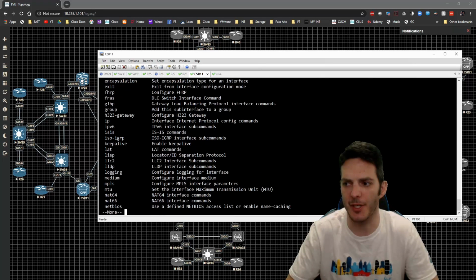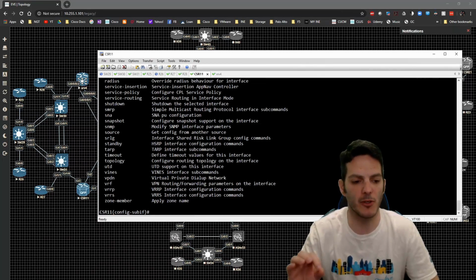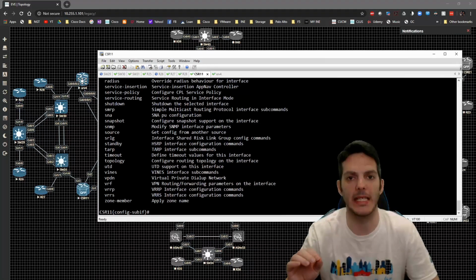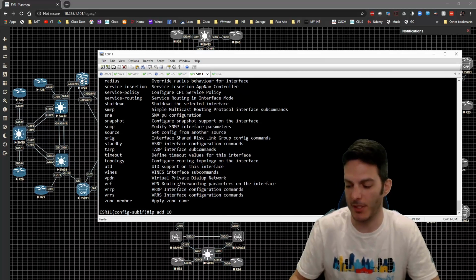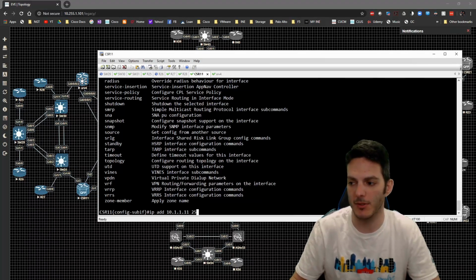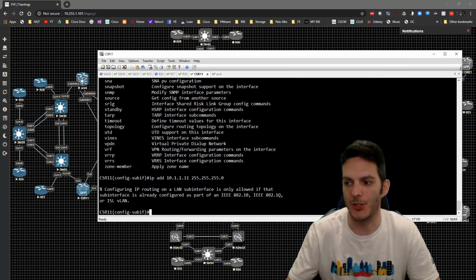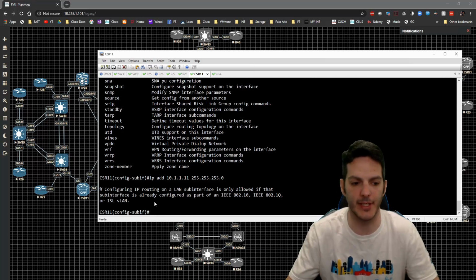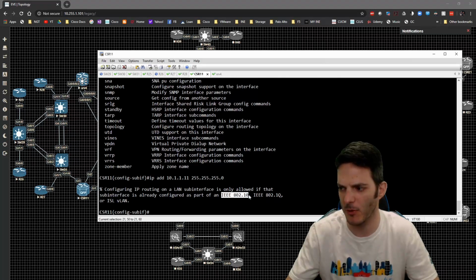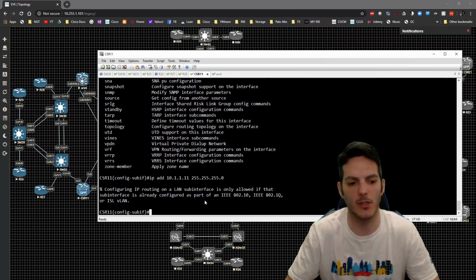Now the first thing that I need to do here, there's a lot of options, the very first thing that I need to do is specify the encapsulation. If I type in ip address 10.1.1.11/24, it's going to squawk at me and say configuring IP routing on a LAN subinterface is only allowed if that subinterface is already configured as part of an IEEE 802.10, 802.1Q, or ISL VLAN. I don't know what the 802.10 one is. I've never heard of that before, to be honest with you. So in order to fix this,